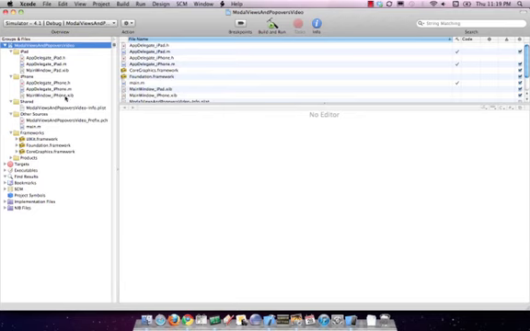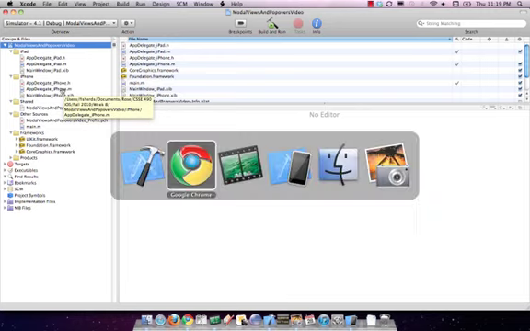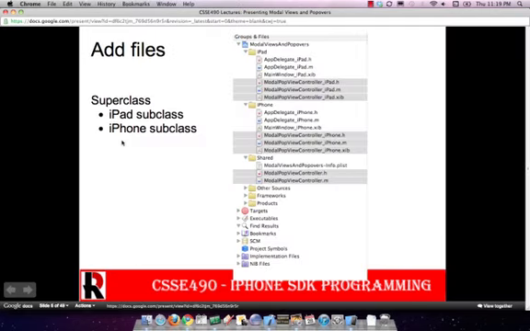In Xcode 4, I think they're going to give you a super class for the app delegate, which will lower the amount of tedious work. First thing we want to do is start making some of the files that we're going to put into this. The files that we're going to start with,